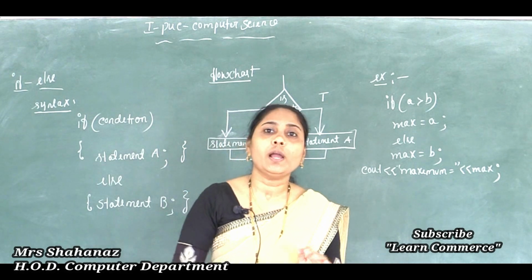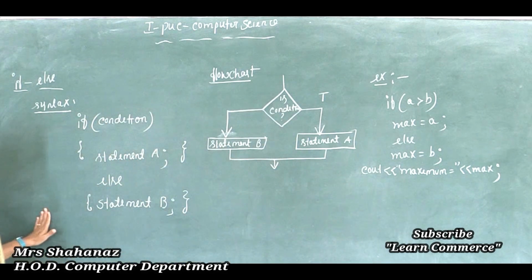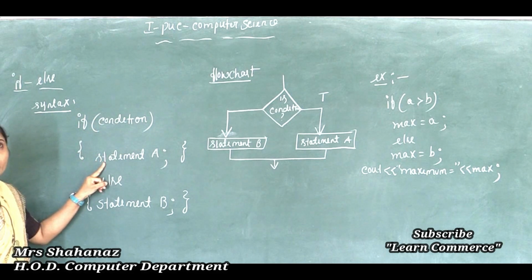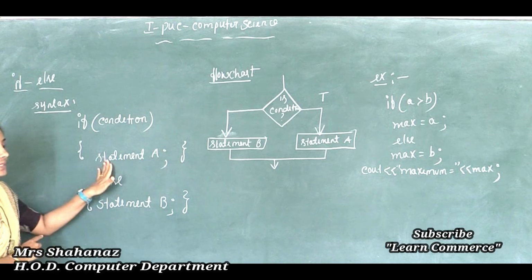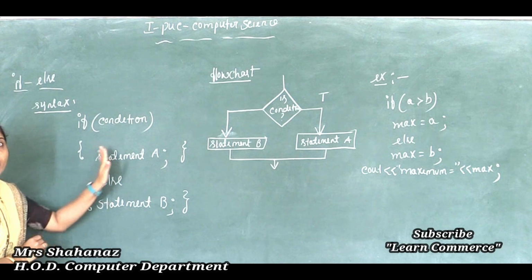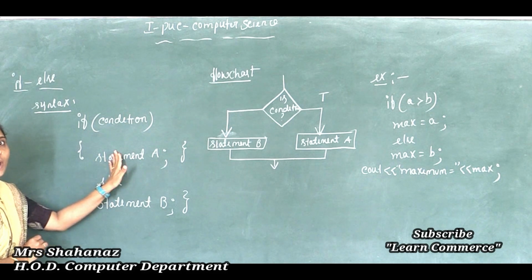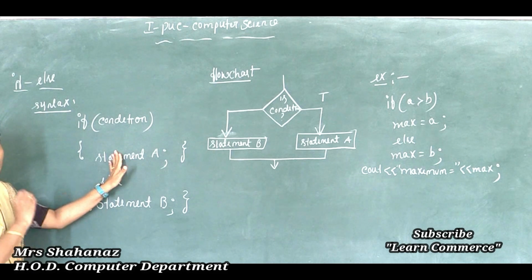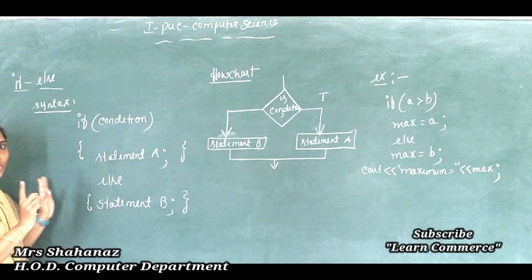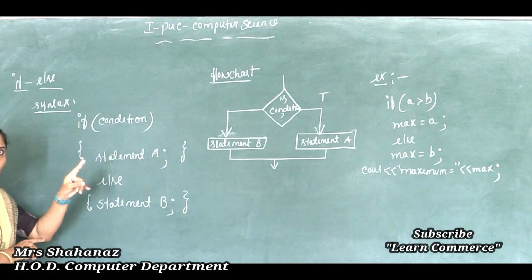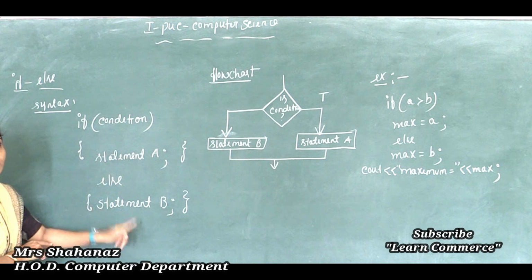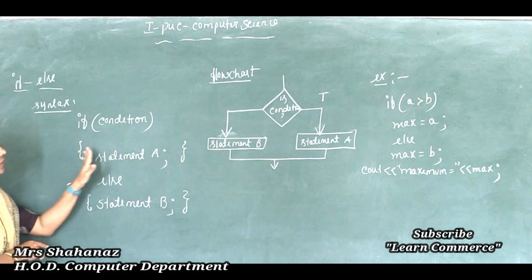So this is about our if else. Okay, now let's see the syntax of the if else here. If condition, statement A, clear this point? If condition, then statement A, else statement B. Depending on the condition, any one set of these statements is to be executed here. So clear? We can say that it is called two-way, any one is going to execute. It is not like our simple if, where the condition is true, then only it executes this statement. But here, any one statement should be executed. So this is the syntax.